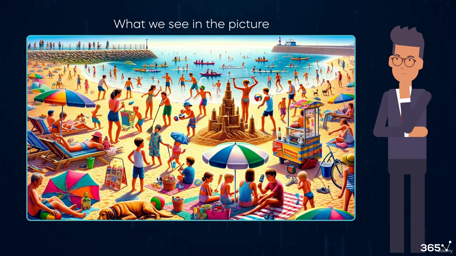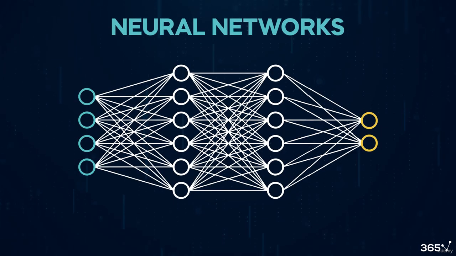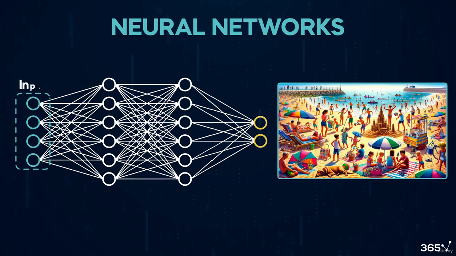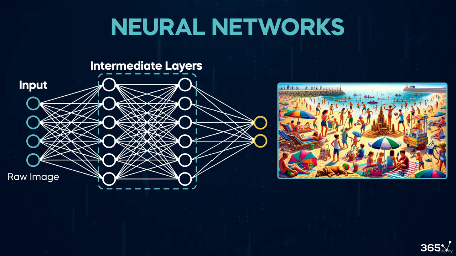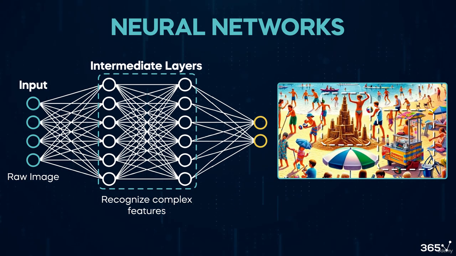In the context of deep learning, a neural network processes information similarly. Here's what a neural network resembles. Please don't be scared. Everything will make sense in a second. Picture the first layer as our input information, similar to observing a sunny, crowded beach day. Then, as the data passes through more network layers, intermediate layers start recognizing more complex features, such as shapes or specific objects. Remember how I noticed the enormous sand castle in the middle?